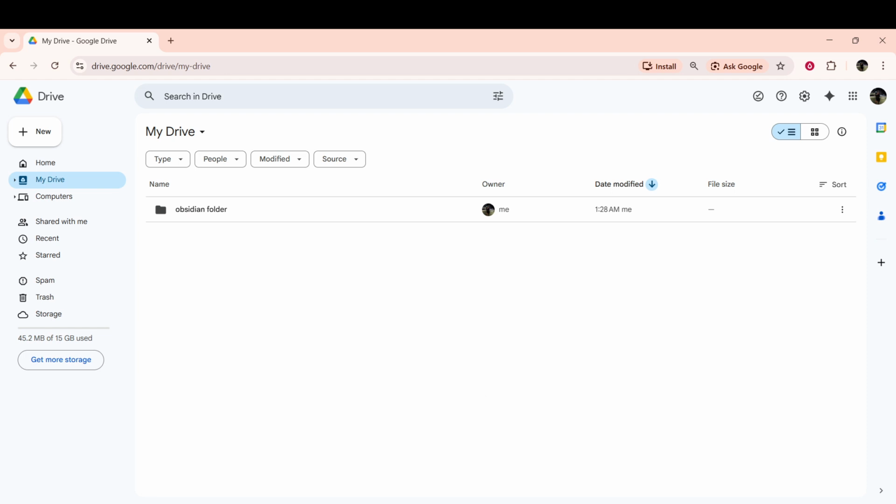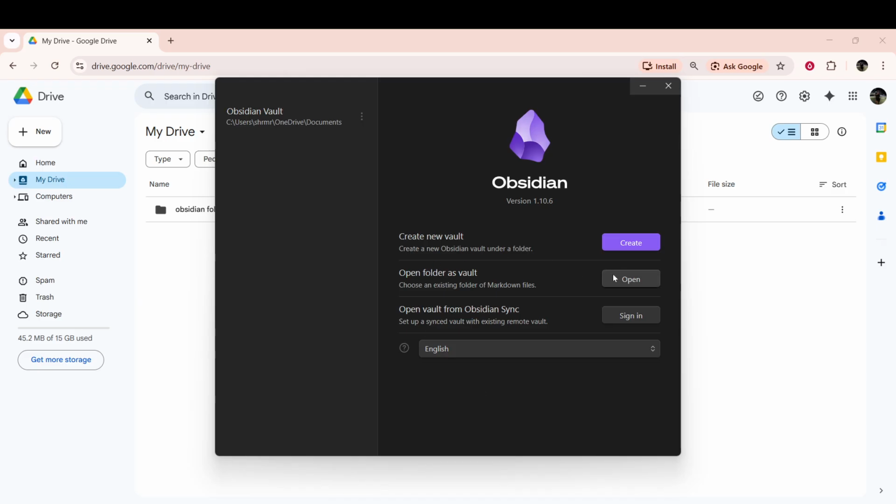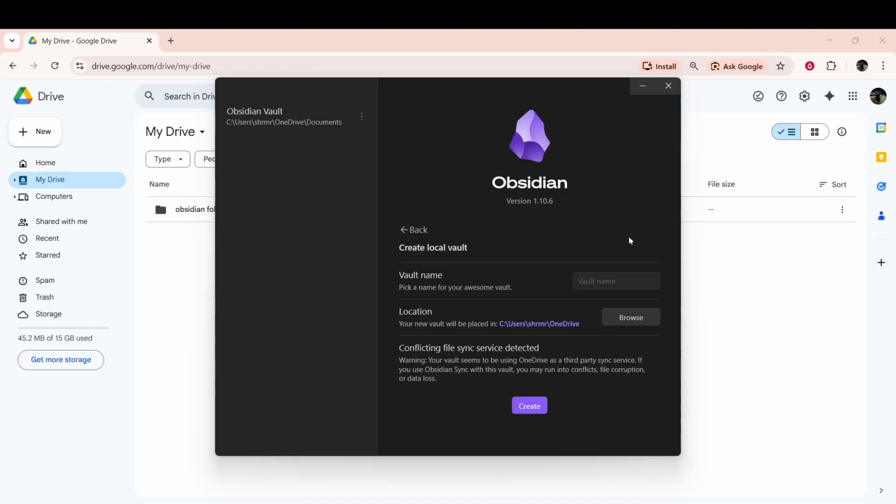Now open Obsidian on your desktop. From the Vault chooser, select Open Another Vault, then create New Vault. When Obsidian asks where to put it, browse to the Google Drive folder you just created and select it as